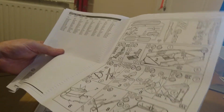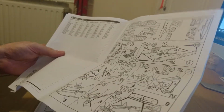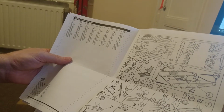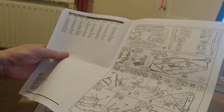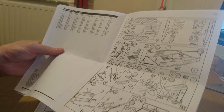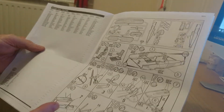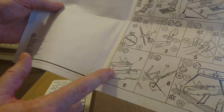Section 4 you're assembling the propeller assembly with the front of the engine cowling. Section 5 is tail empennage. Section 6 are the tail empennage support struts, and section 7 is the forward upper engine cowling, which also houses the fuselage interplane strut supports. And there's something interesting about this particular kit, which I'll go over when I go over the sprues in a minute. Section 8 is to put Section 7's assembly into place, and